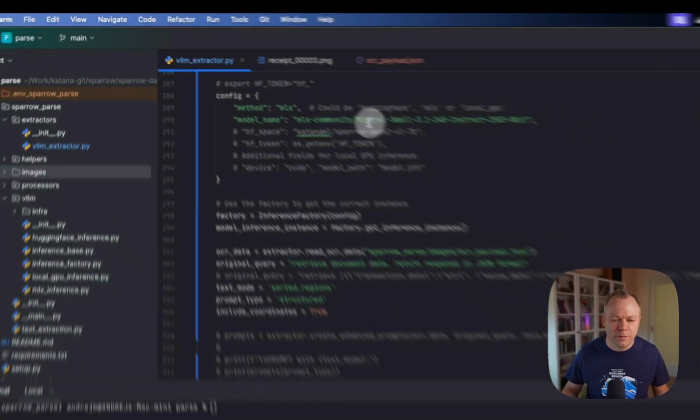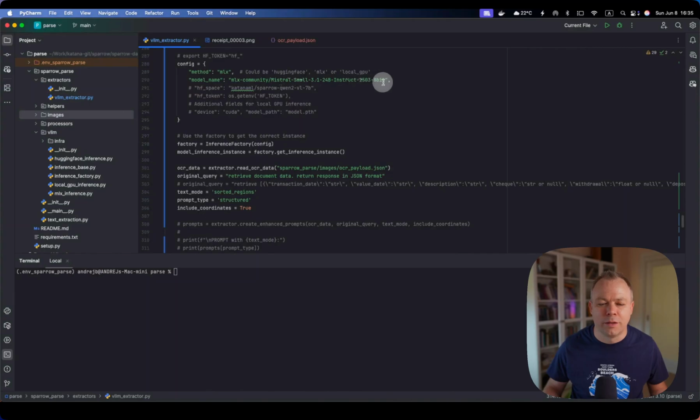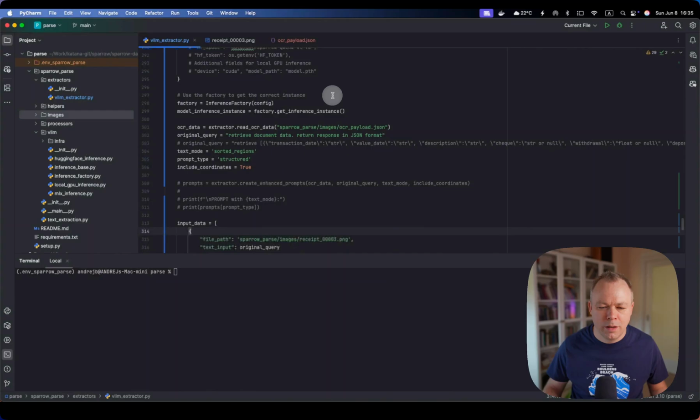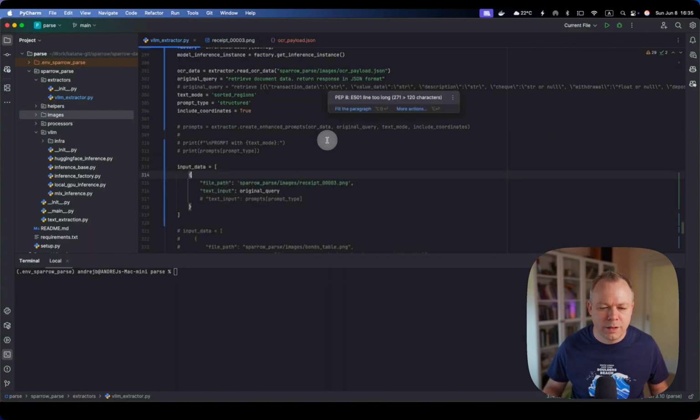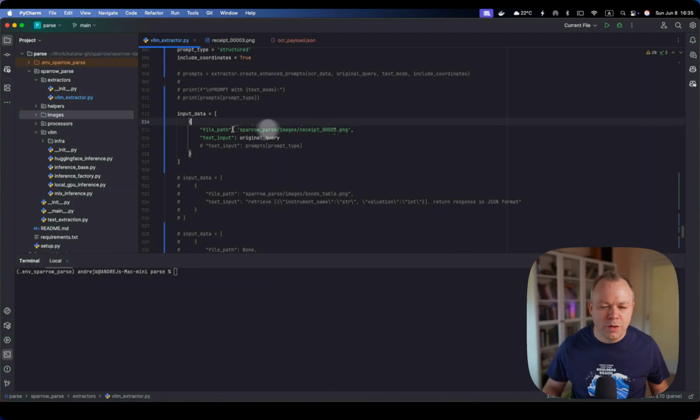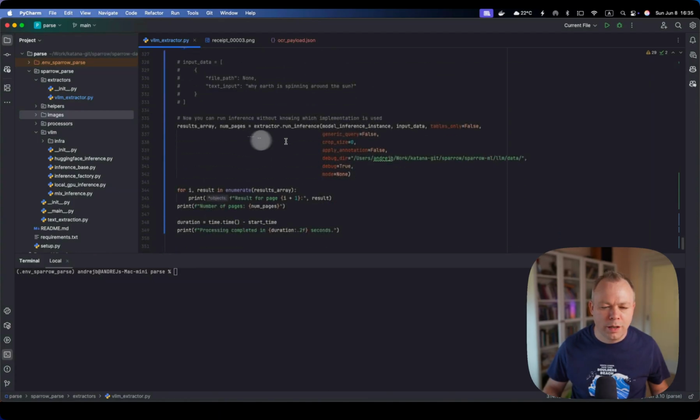So I'm using Mistral Small, 8-bit model with 24 billion parameters. Then in this case, I'm using the original query. I'm saying that I want to retrieve document data and return the response in JSON format. And I'm passing the image and the query here, and all the heavy lifting is being executed through the Sparrow Parse library on a local Mac Mini with MLX and MLX VLM. Okay, so let's run this,